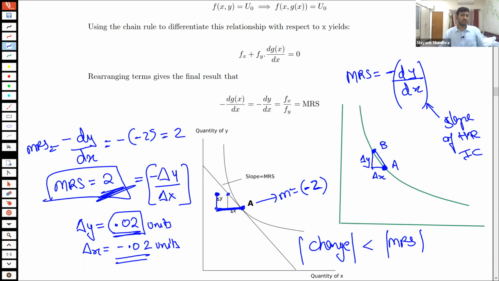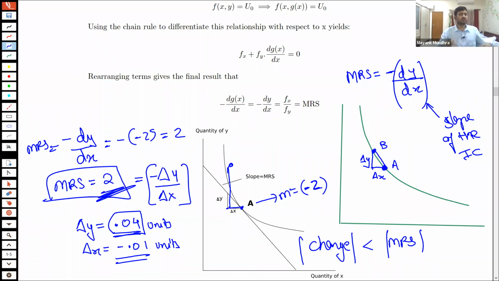If the ratio of change is greater than that of MRS, so for example, instead of 0.2 and 0.1, what you get is 0.4 and 0.1. So now the ratio of change is 0.04 divided by 0.01. That is equal to 4, which is greater than the MRS. So what's happening is that the change in x is still 0.1, but the change in y is larger. So you actually reach a higher point, and you happen to reach a higher indifference curve. Okay,